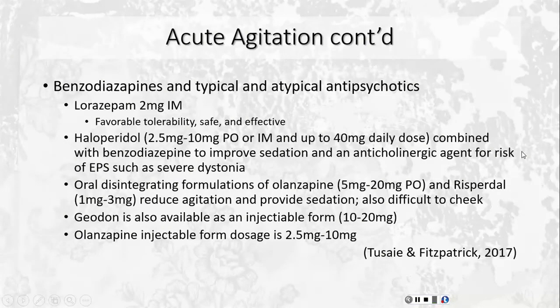Benzodiazepines and the typical and atypical antipsychotics are treatment for short-term agitation. Typically, Ativan 2 mg IM is favorable, tolerable, safe, and often effective. Haldol is often used as well, either 2.5 mg to 10 mg PO or IM, and up to 40 mg per daily dose, which is combined with the benzo, as I mentioned, and then